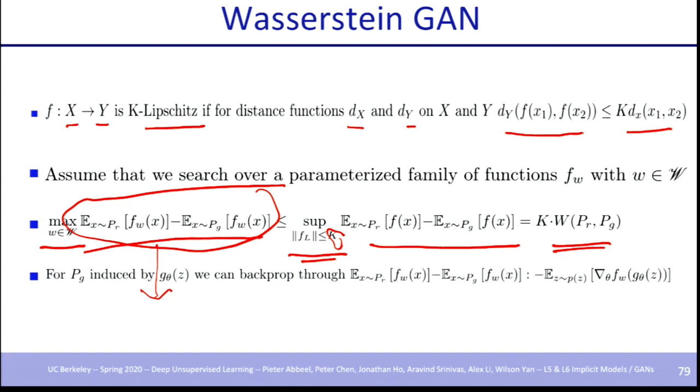So as long as you're trying to work with this particular loss, where you're basically having a max over some family that's approximately Lipschitz, it's guaranteed to be less than or equal to the supremum, which is the actual definition. You can think about this as the distribution that comes from PG being characterized by a neural net, which is your generator, and then just optimizing this distance for the generator lets you work with the standard neural network packages and backprop.